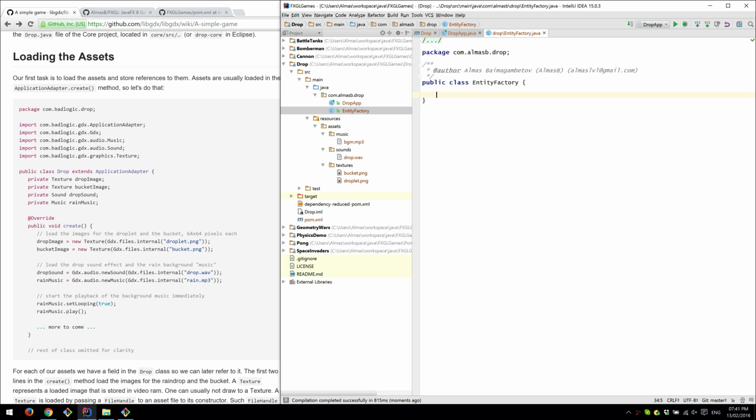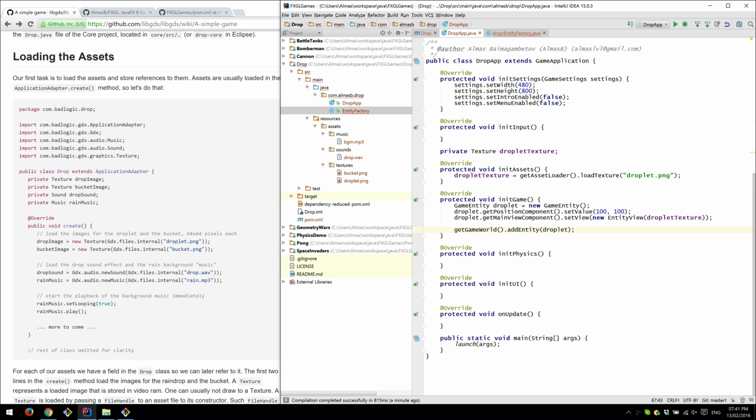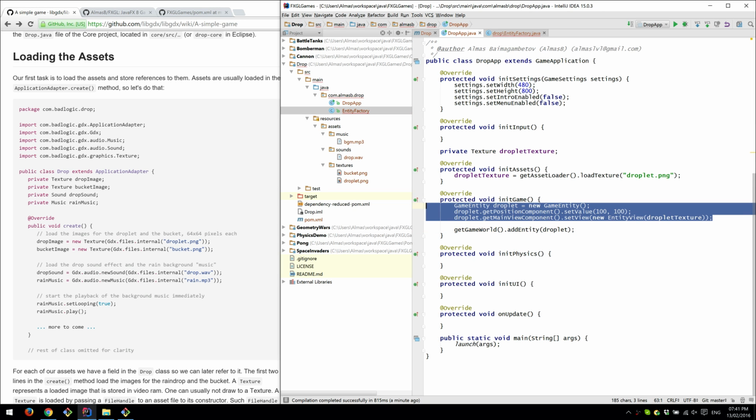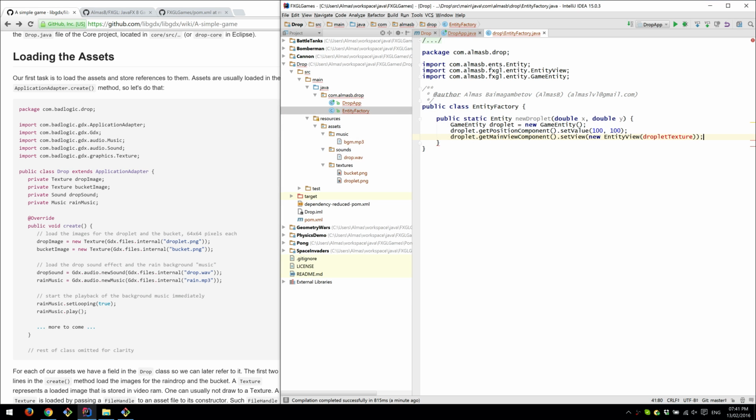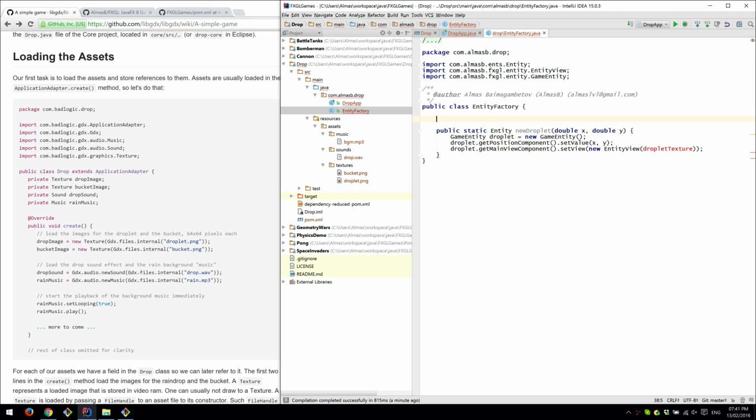which will contain static methods, things like new droplet. And then maybe you pass in things like position, so where to spawn the droplet. And we're going to copy this there. So the value now becomes x, y. We now need access to our asset loader,